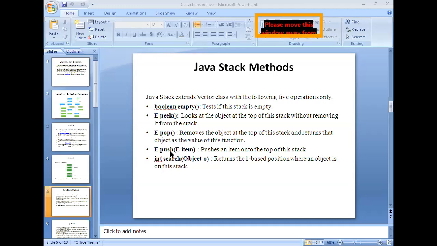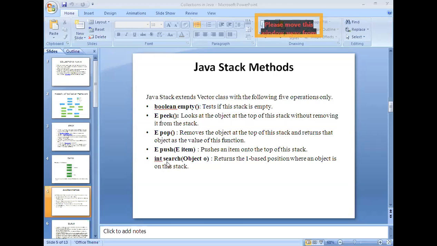Okay. So here an important aspect is that both insertions and deletions are made at a single end. In the stack, both insertion and deletions are made at a single end. If you want to insert, you just store it in the top position. If you want to delete, you are supposed to delete the element from the top position only. You cannot perform insertion and deletion operations in the middle or beginning or like that, right?